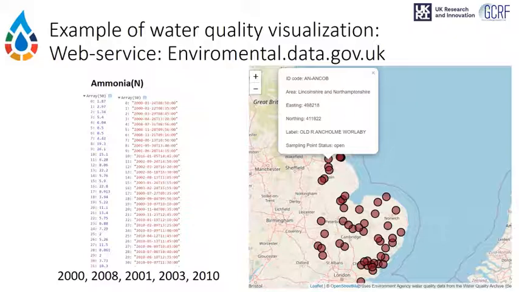But I could try to present it in a web platform that you can see here. Some of the data from the northeast area that they were collecting, and you could see the ID code, the area, and the label, and whether this sampling point's status is open or is already closed and they're not collecting any more data.